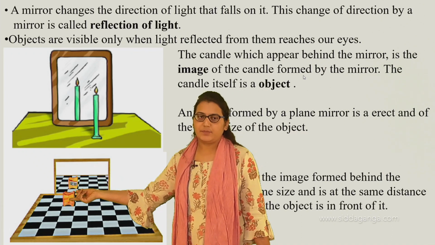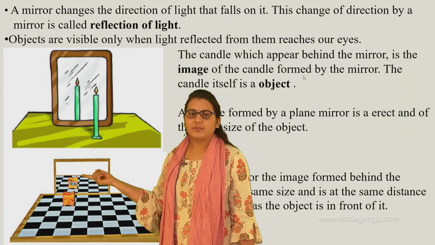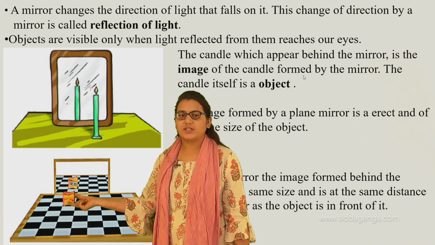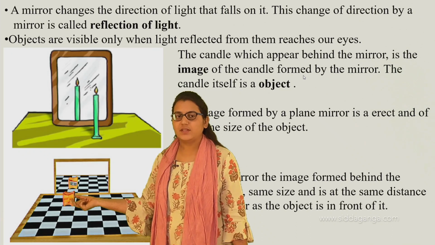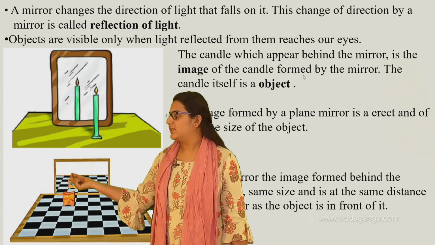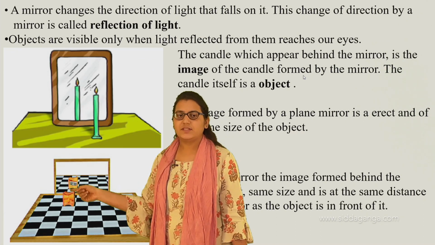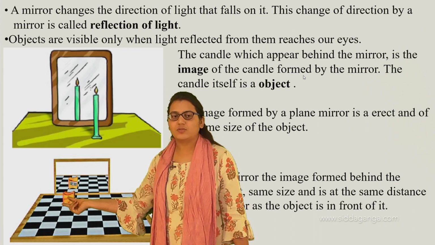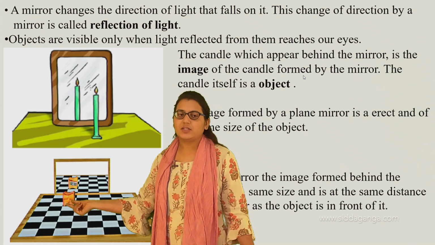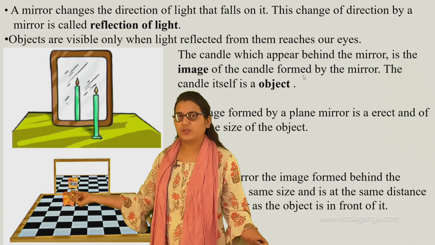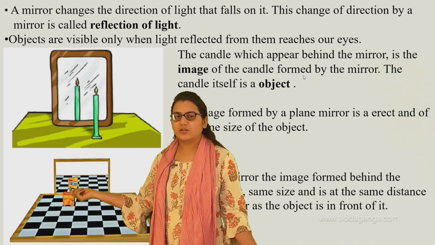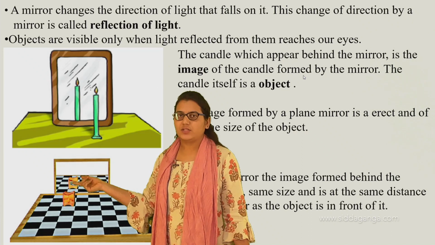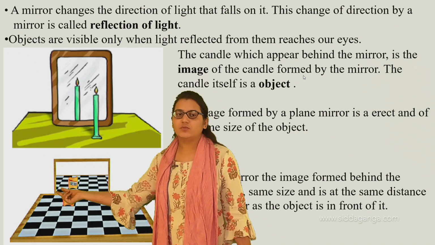This is the object, and what we are getting in the mirror is the image. So we are keeping this object in a particular box, and we are tracking the distance from the plane mirror. This is where exactly we find the image. Now we will move this sharpener to the fourth box. For example, if we were keeping the sharpener at the third box, we will move it to the fourth, just move it further to see the difference in the image.